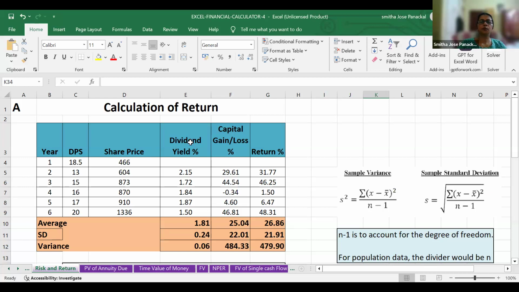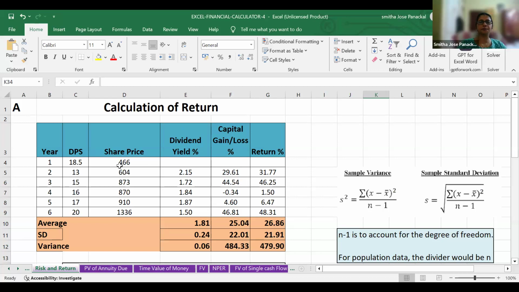Then the fourth column, you can see dividend yield and capital gain, either gain or loss. And why did we segregate total return into two? Because usually return has two aspects: regular return and capital gain. Here also we have segregated the total return into dividend yield and capital gain. Dividend yield is your regular return. Capital gain is the